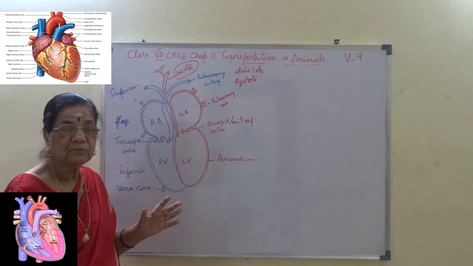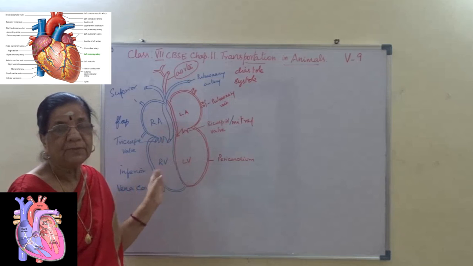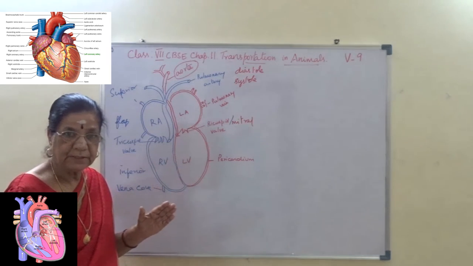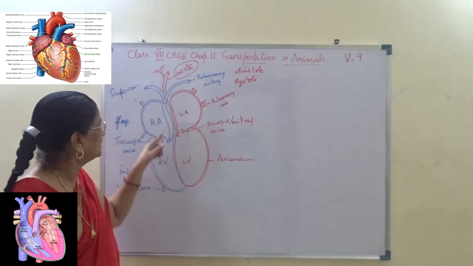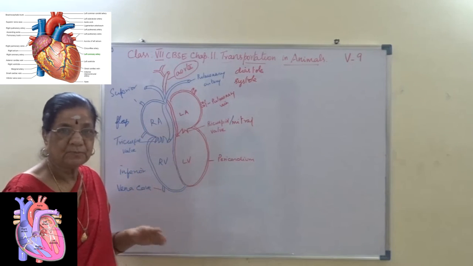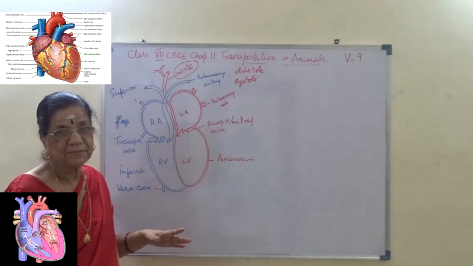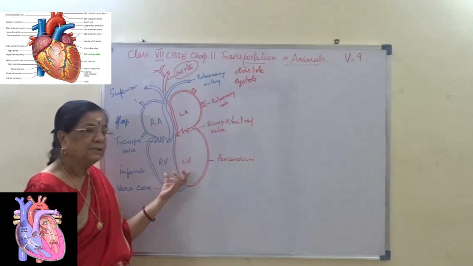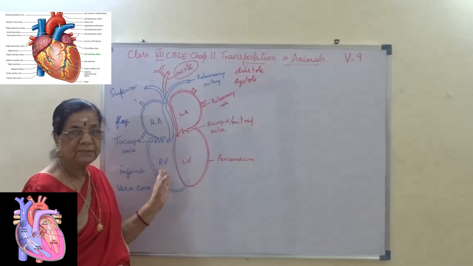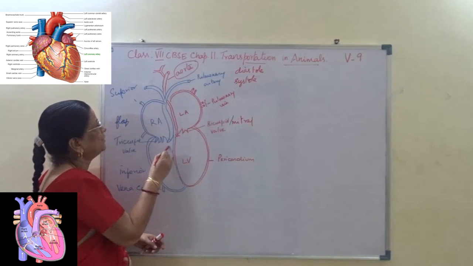So all the four chambers, right atrium and left atrium, right ventricle and left ventricle, they are separated by the interventricular septum, so that blood will not mix. I hope you understand. So now, when the ventricle contracts, the deoxygenated blood from the right ventricle goes through the